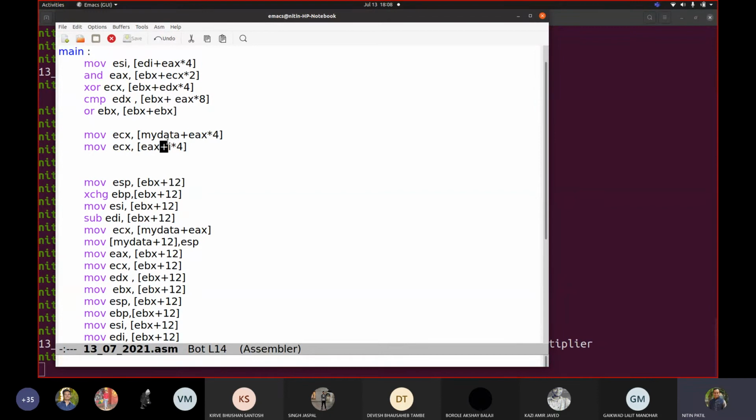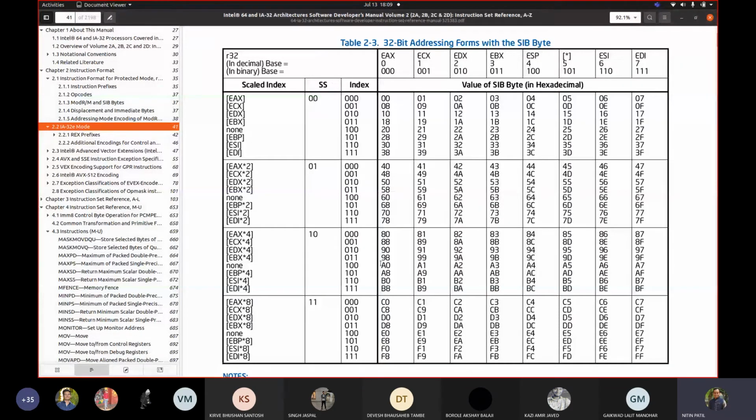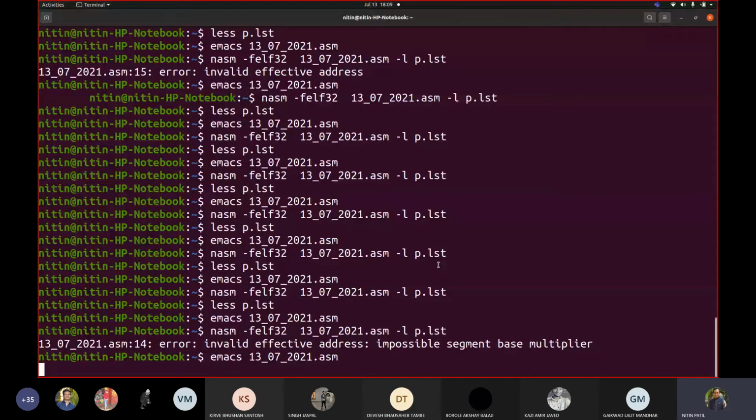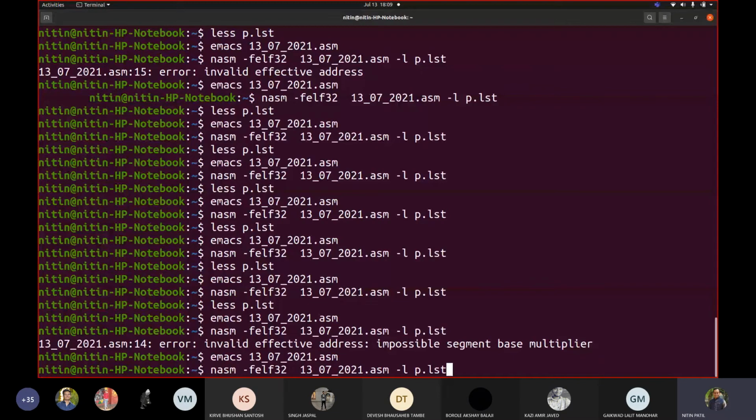See, for this multiplication factor, we have taken multiply by 4. So ultimately it would be picking from this multiply by 4 wala thing. Correct. But now we don't have this, so it should pick some value from this row. Okay, let us see whether we are getting that one only. So it should pick the EX wala column.